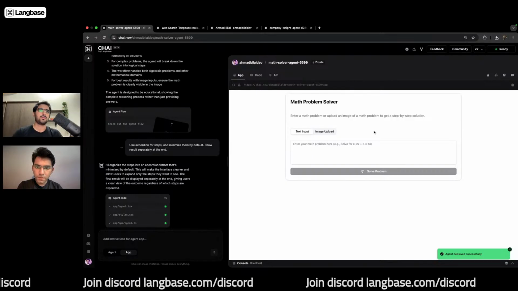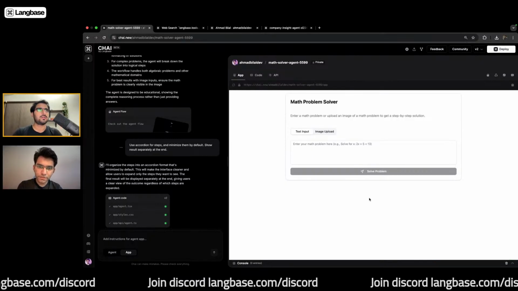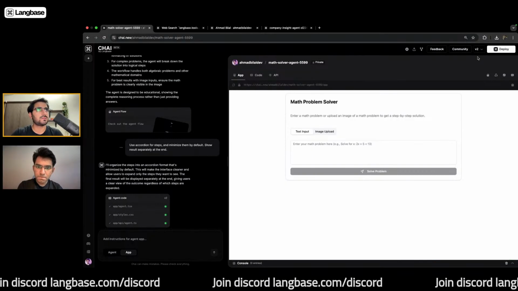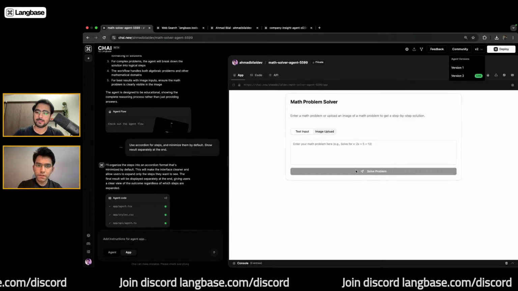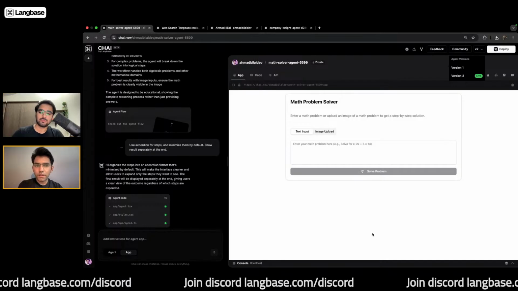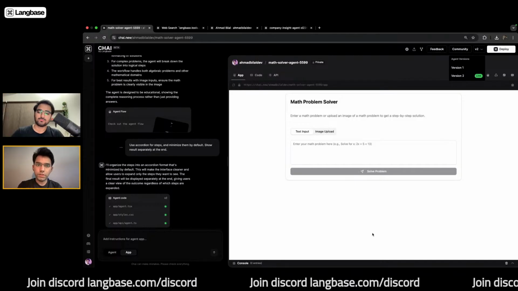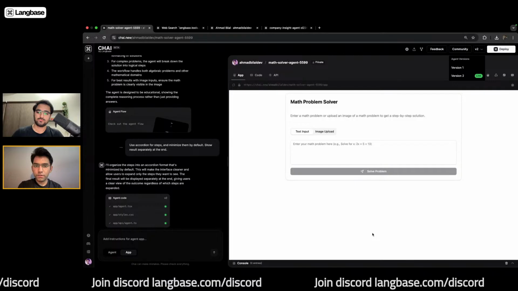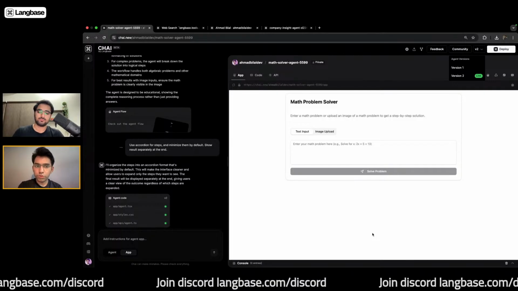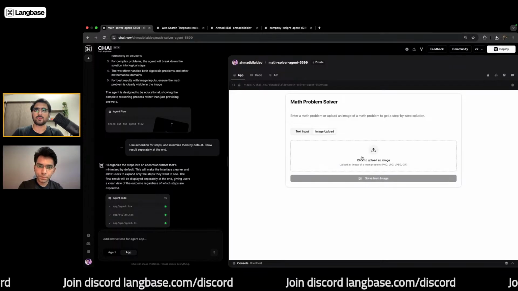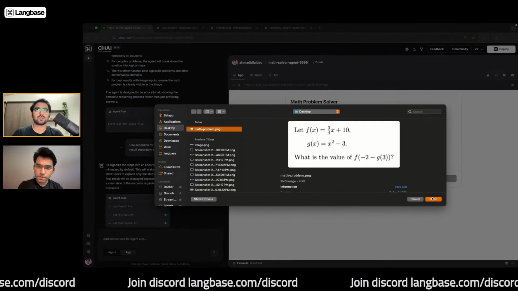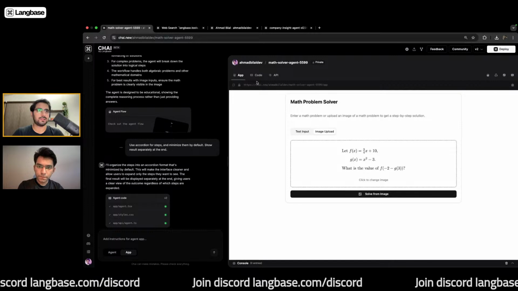Quick question: if I were to change to version one, will my app also point to that version? Yeah, you just need to switch to version 1 and deploy it again, and your app is going to point to version 1, the initial version without the accordion. So it's basically versioning both the agent as well as the agent app's code.